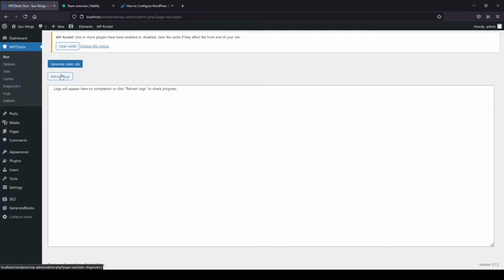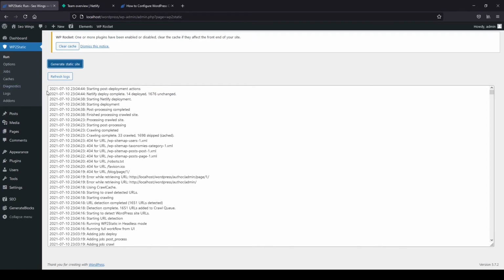So we go here and then click on generate static site. If you click on generate static site, it will take a couple of seconds or minutes depending upon the cache which is enabled on this website and how big your content is. It will generate this static website and directly post it to Netlify. Okay, so our static site is generated and directly hosted onto Netlify.